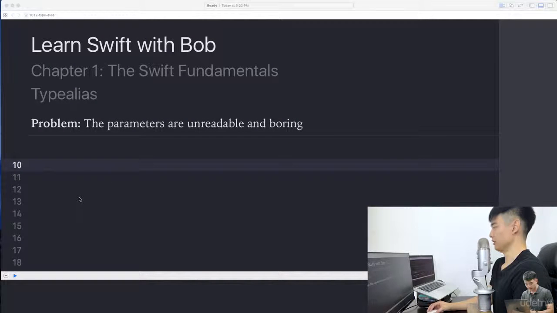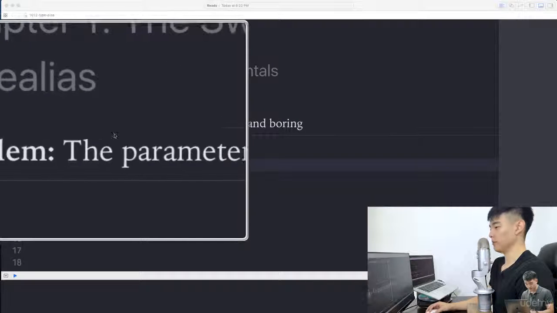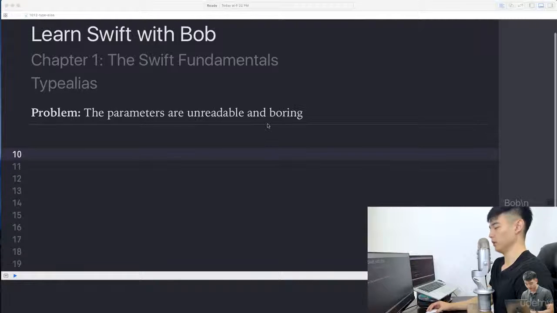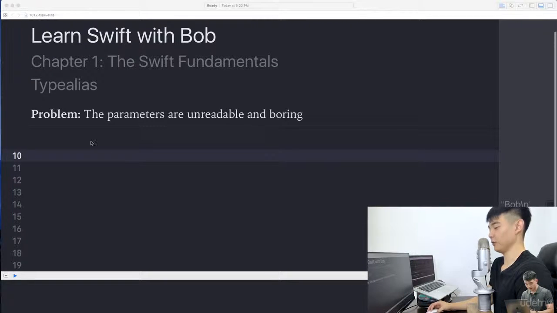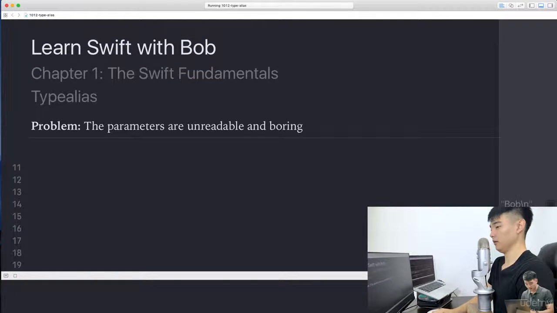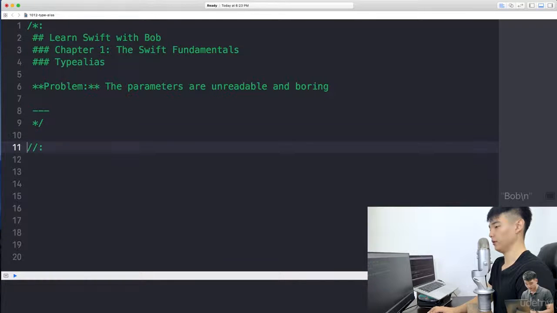Here we go, let's get started. So here's a problem statement. The parameters are unreadable and boring. Well, let's find out how we can solve this problem. Typealias is nothing more than providing a fake name. So let's make a fake name for string, for example. Call it typealias